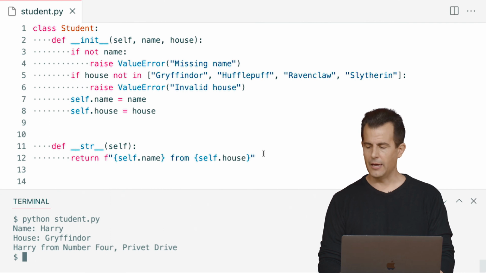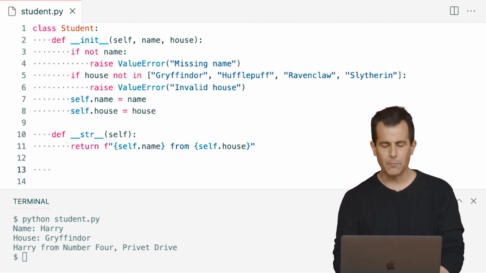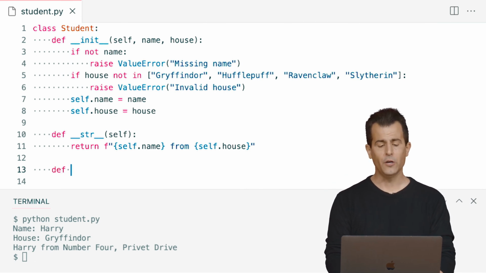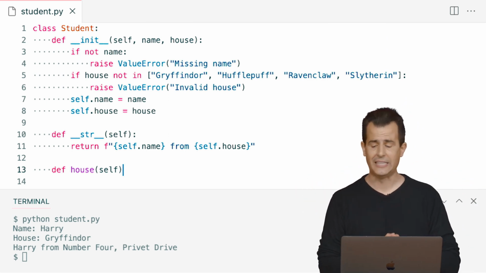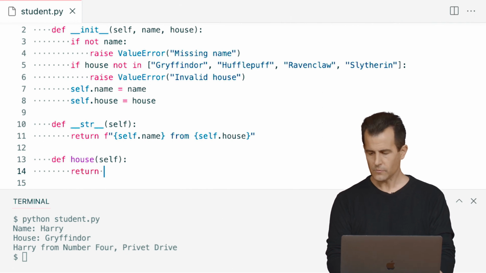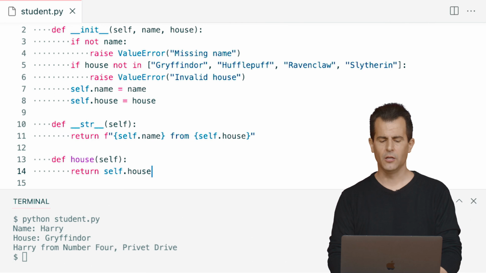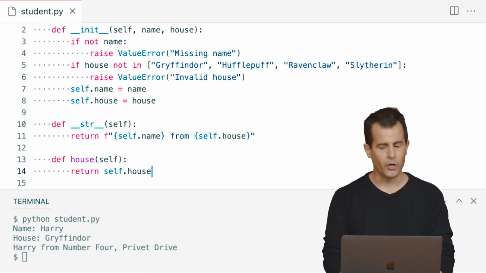Inside of my student class, I'm going to go ahead and, below my init method and below my str method, define a function called house that takes, as it always must, one argument at least, called self. And what I'm going to do now is return self.house. So I'm just going to define a method called house whose sole purpose in life is to return the